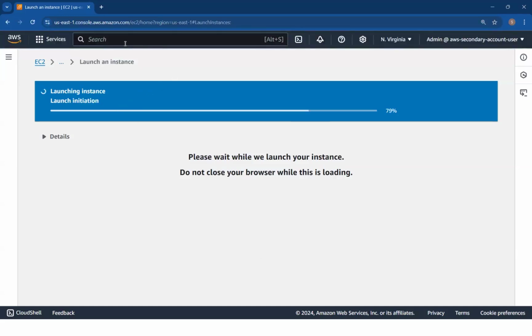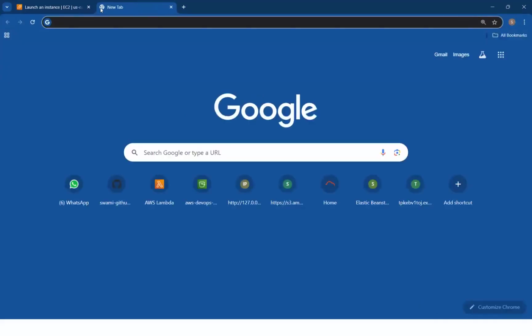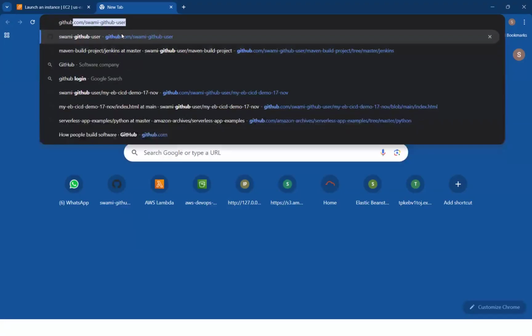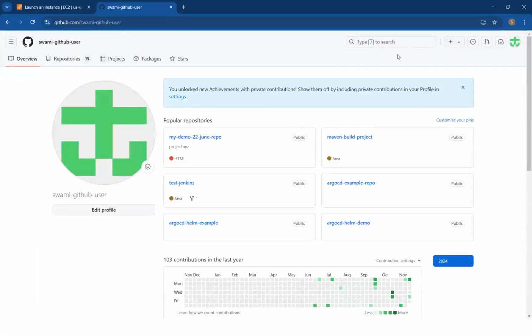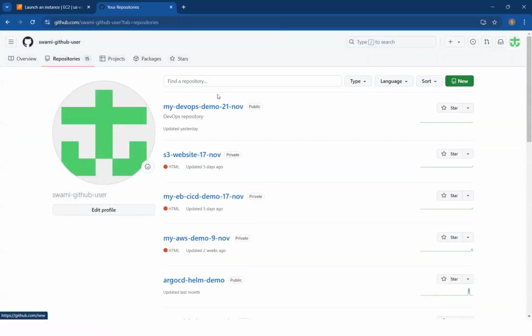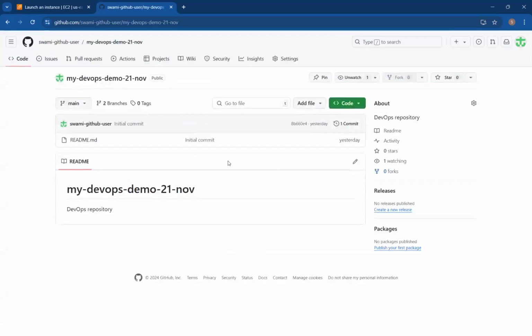Okay. Meanwhile, I'll also do one more thing, I'm going to open up my GitHub account. Okay, I'm sure you must have done that already. And you can see over here, we have our different Git repositories that we are working with. Now, in fact, this is basically yesterday's Git repository. If you remember, we have worked with it as a part of yesterday's setup. Anyway,